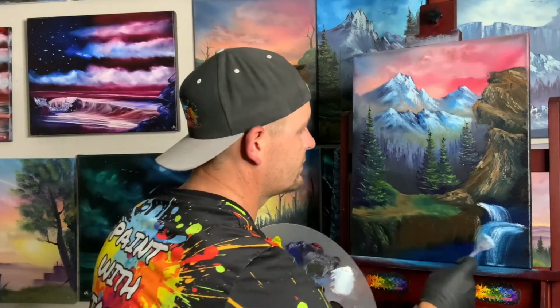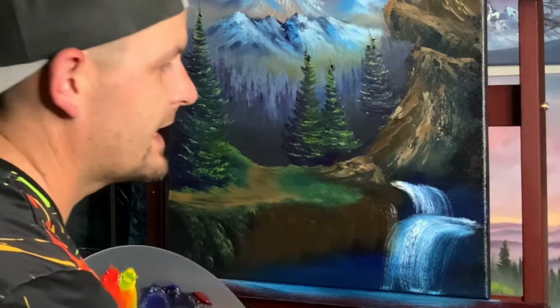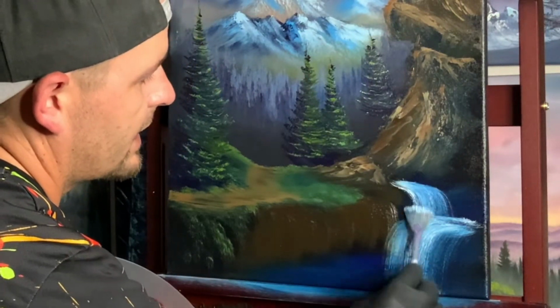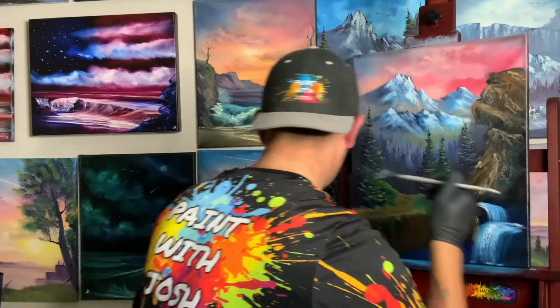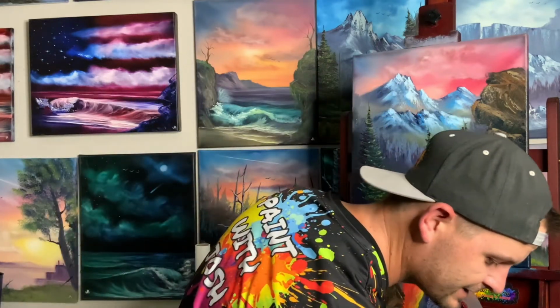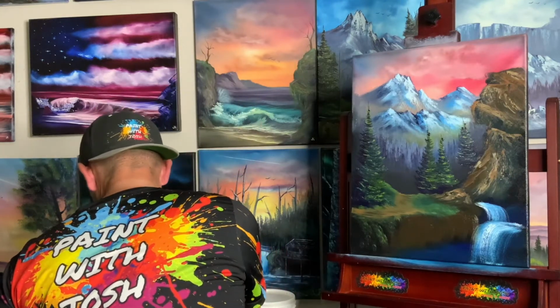You mix it too many times, you're going to lose it. To the side, over the edge. Ooh, just like that. Fantastic. See even the differences back there where we have the white and it kind of changes, goes into the darker blue. It's not all the same color, right? Fantastic. I don't know why I think my brush cleaning cup is over there. It is over here. Let's do that. Very neat. Okay, now,